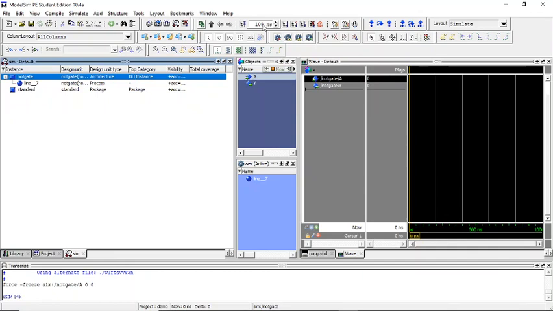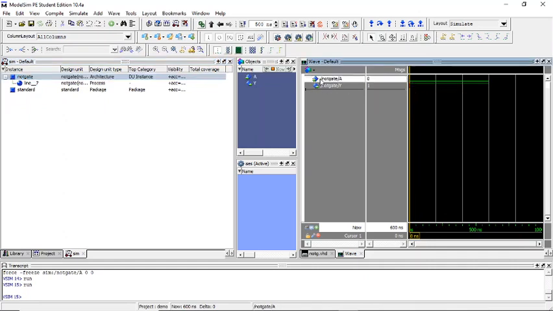So now we will set the run length to 100 nanoseconds and we will run the waveform. When I run the waveform, I can see that in the wave window, a waveform will appear. So we'll set the run length to 500 nanoseconds. Then if you run the button, you can see the waveform Y is set to 1. Since the input is set to 0, output Y is set to 1.